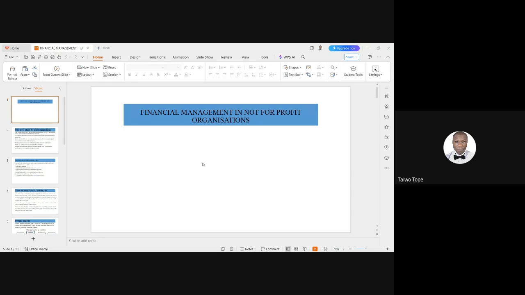And also there is need for reporting. For transparency, there is need for preparation of financial statements for stakeholders. And what are these stakeholders? Donors, regulators, the public, and the rest of it. And there is need for asset management, for prudent management of resources to ensure continued service delivery. So these are some of the features of